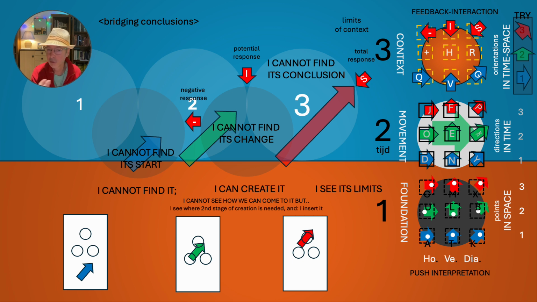Last thing, with the S, you cannot see its conclusion, of course not. But it's there. That total response is there. You can see at the same time where the limits are, how limited it is or how big it is in its responses, in all of its effects. With the E, it is a possibility that I can insert it because the creation itself says this is needed in the changes. It's that second change of changes. I am able to insert it, even if I don't know what it is,